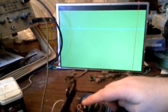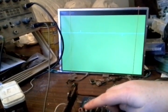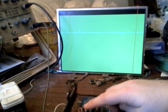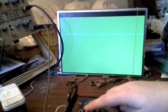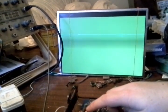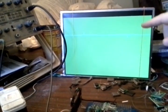So if I stop it in the middle of a refresh, the free running will continue on its own. So let's see if I can time this. Okay, there we go. Okay, now it's continuously refreshing, which means that it is free running, which means that the